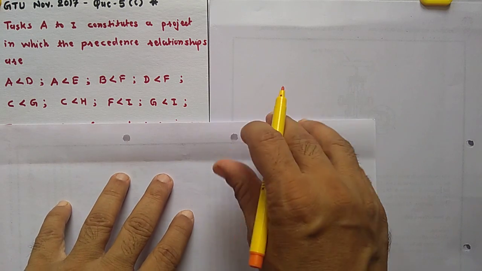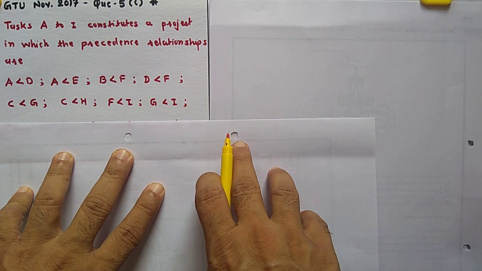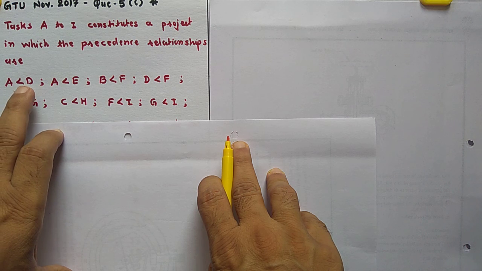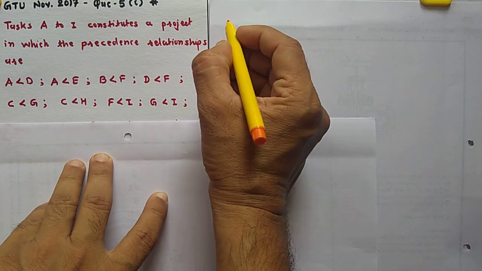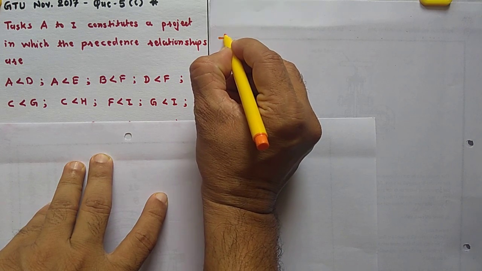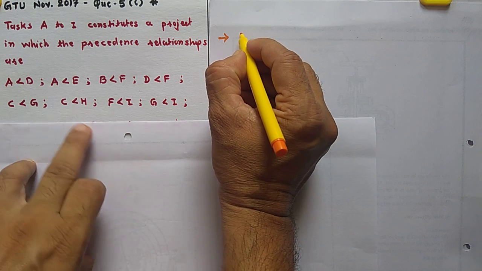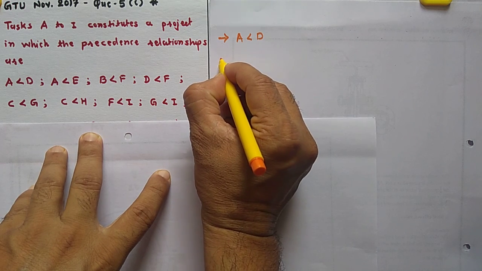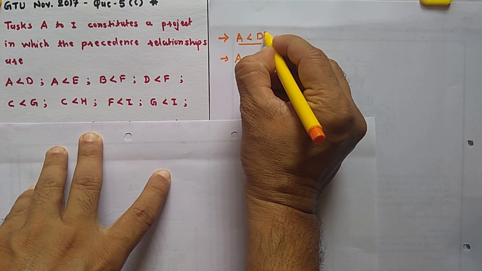So what is the meaning of this notation? You should be clear in your mind which one is called the predecessor and which is called the activity, and then you start your example. Before that, please keep in mind this statement: A less than D. The meaning of this notation is activity D